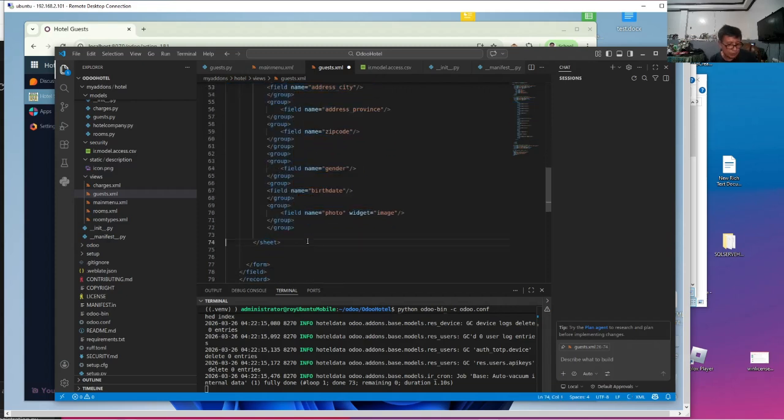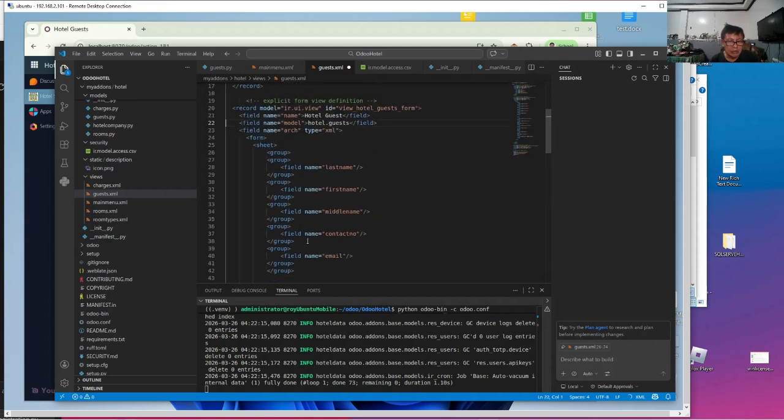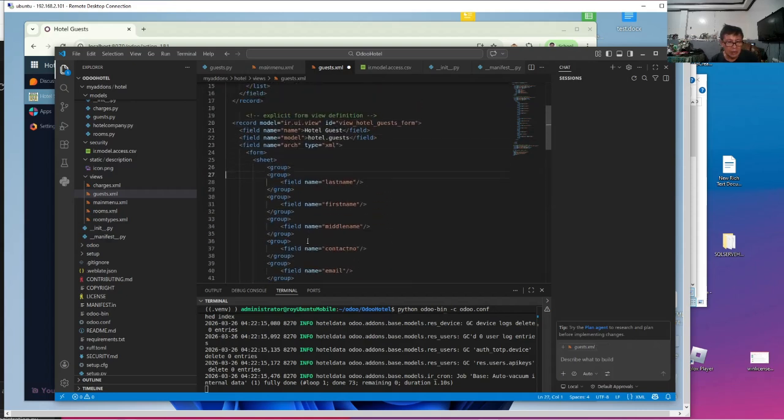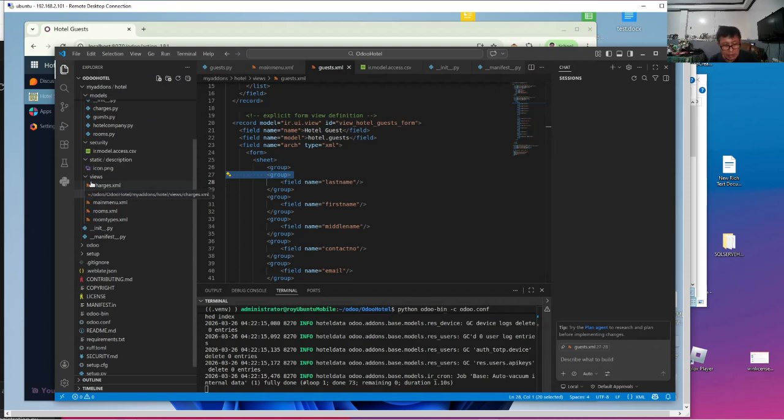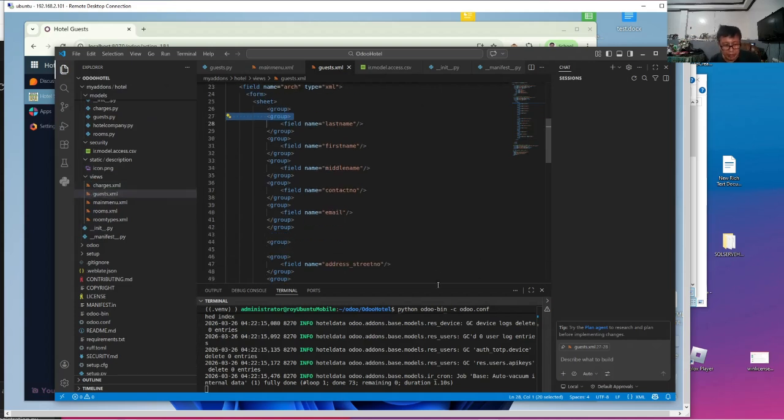Let's try to look that up. What's important here? There's no need to group individual names. Let's find out what happens if we group individual names. I think it gives us a better way to position them.